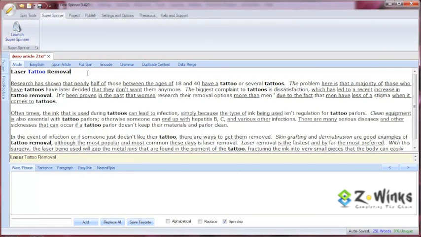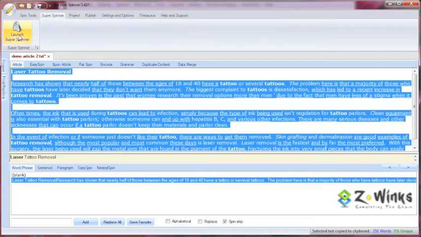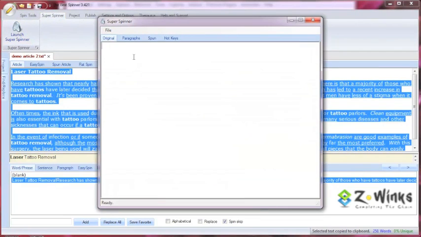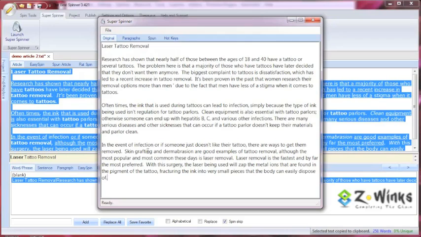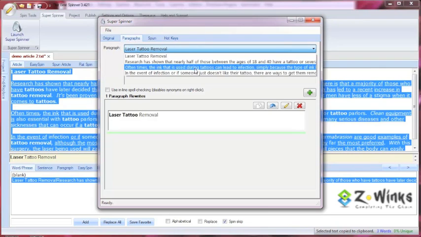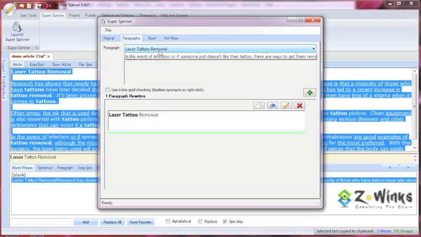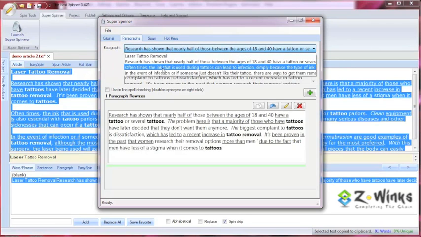Actually, the first thing I'll do is go back here and copy this article, because we need to put it in the Super Spinner. So launch the Super Spinner. I'm going to paste the article in here. We want to go to the Paragraph tab, and now it's got all the paragraphs showing here. We can select one at a time and go through,